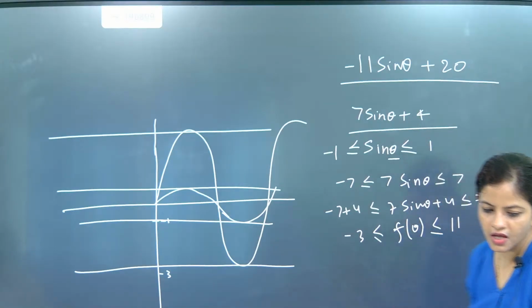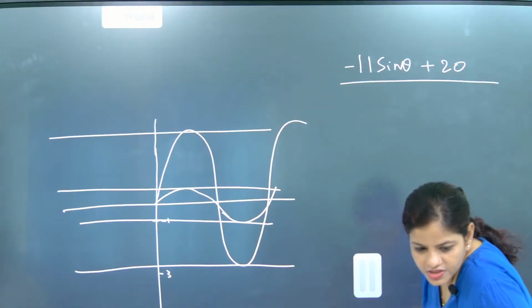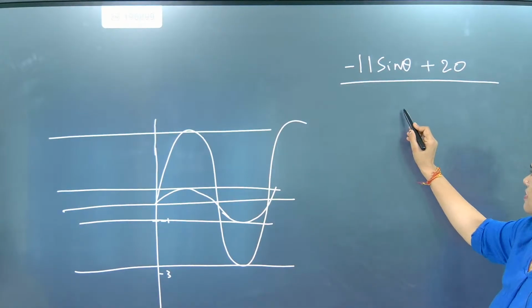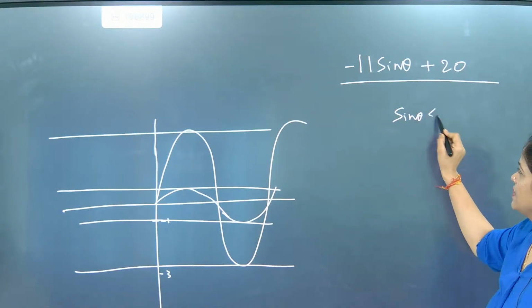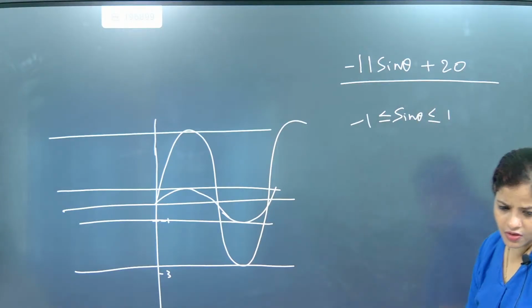Okay, so now I think between minus 1 and 1 for sine theta, you know the technique of solving. So one thing I am doing for you, beta, you check this one out. Sine theta lies between minus 1 to 1. You start like that, beta. Now the moment minus,